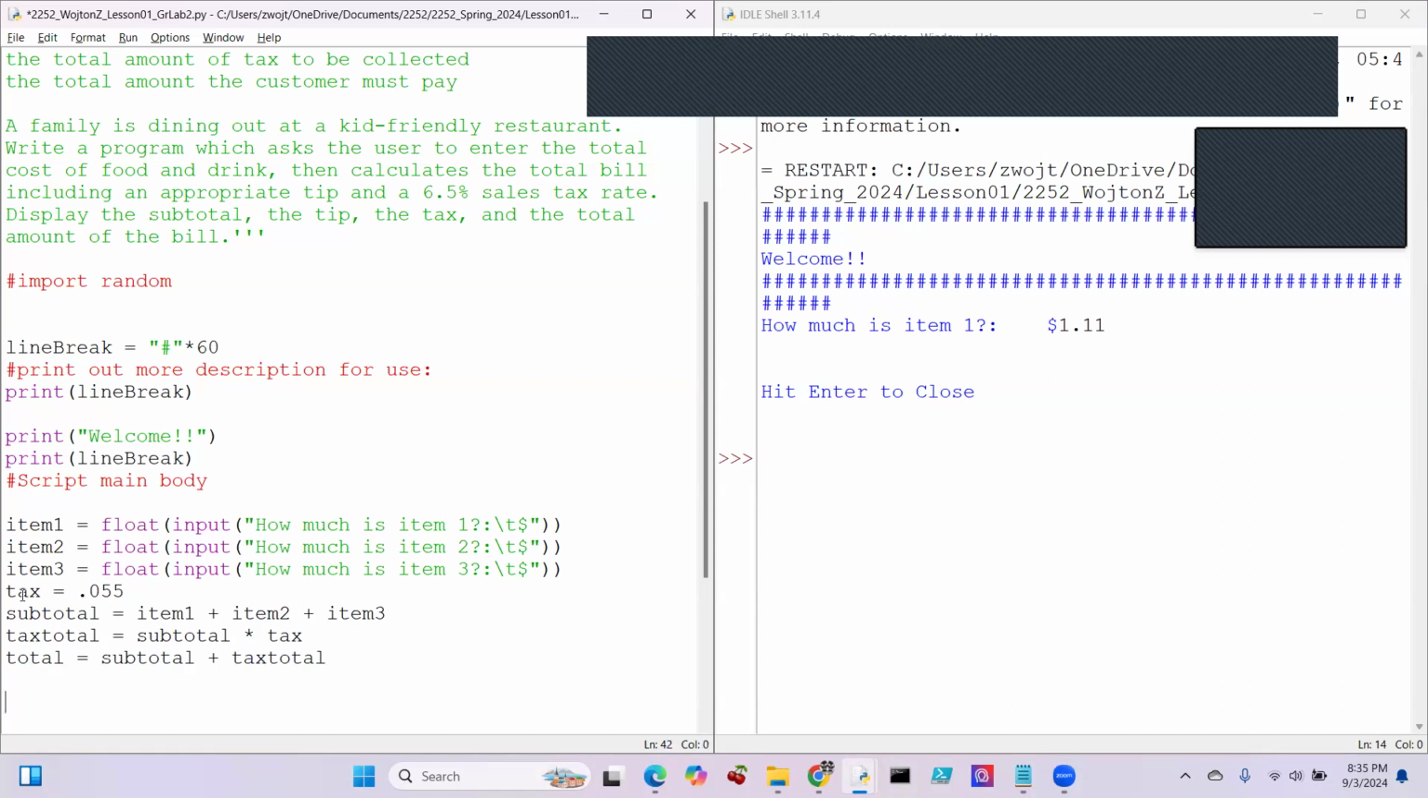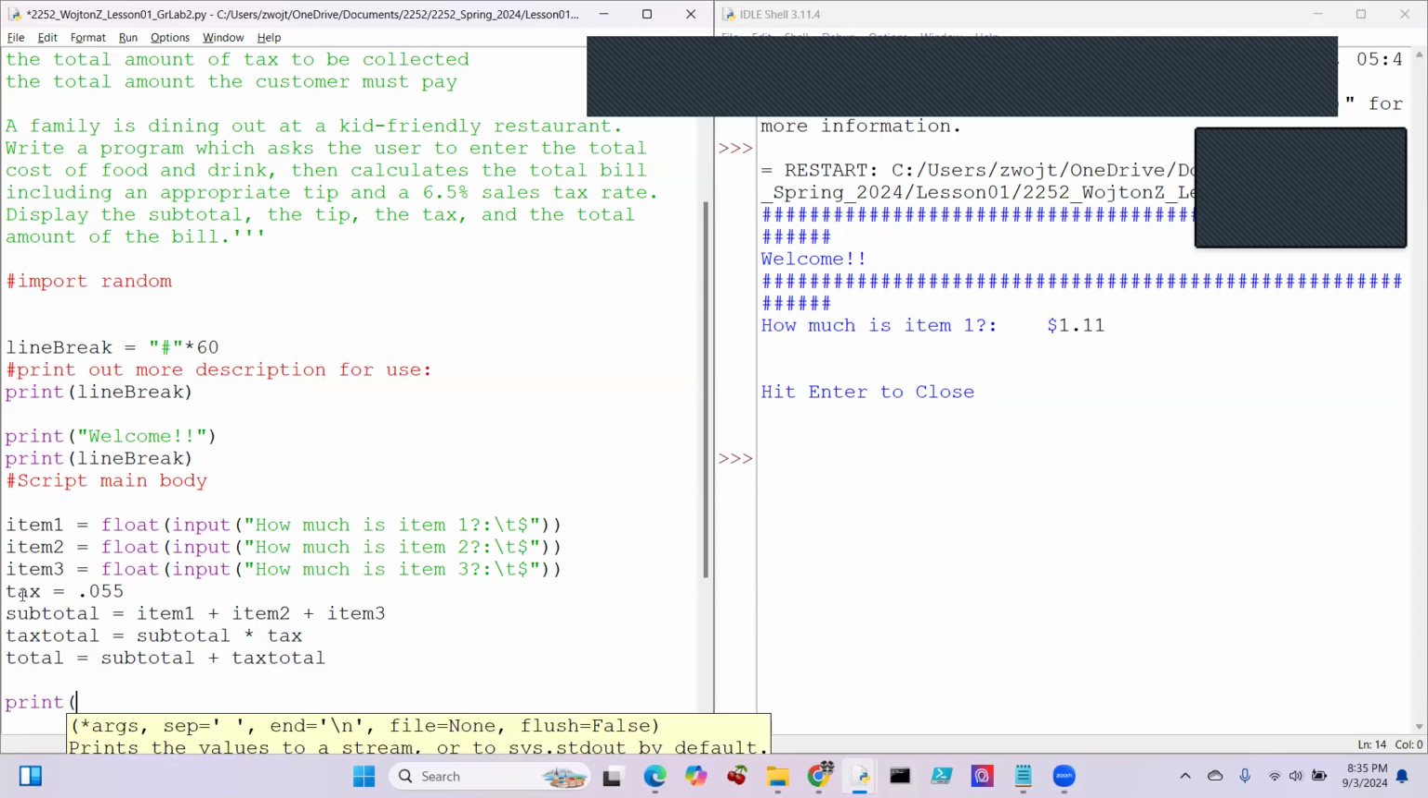That should be it for the math, right? So now we have to do the print statements. We have the input statements. Now let's return print, do printf,